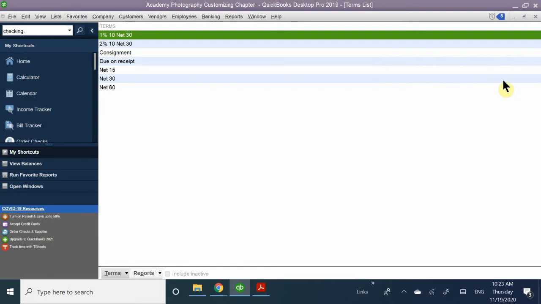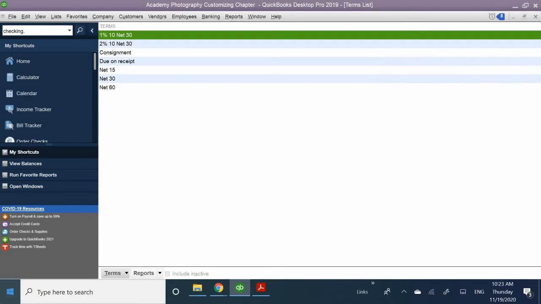So this is going to be something that if you plan on creating these incentives, or if you notice that your vendor is giving you incentives or a due date, typically this is where you're going to go ahead and create this item, so then when you fill out your forms, it becomes a lot easier to fill out. Okay, so I'm going to go ahead and show you how to create one. So let's go ahead and create